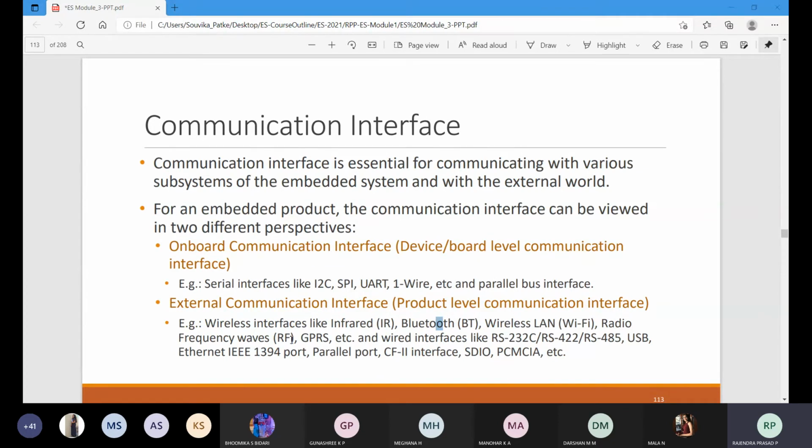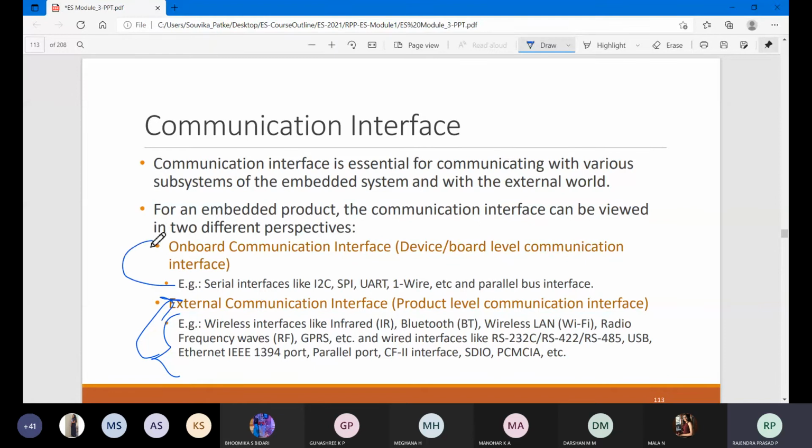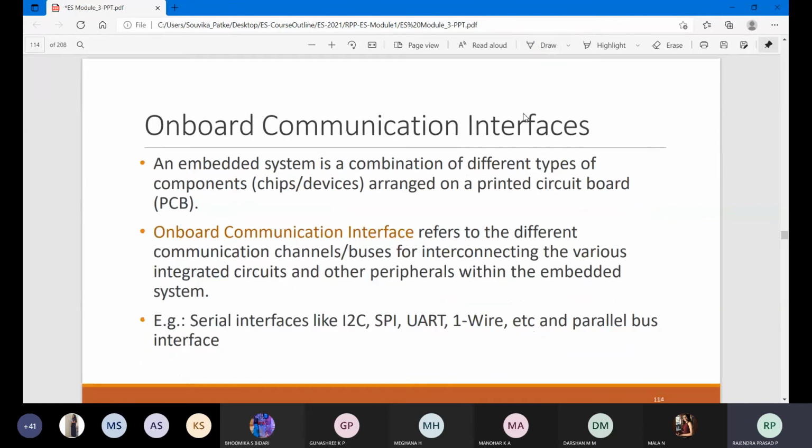So there are different types of communication we can have. Wired or wireless, both are categorized as external communication interfaces. But serial peripheral, UART and all those things are for the onboard communication interface. So these are the two types of communication interfaces present.